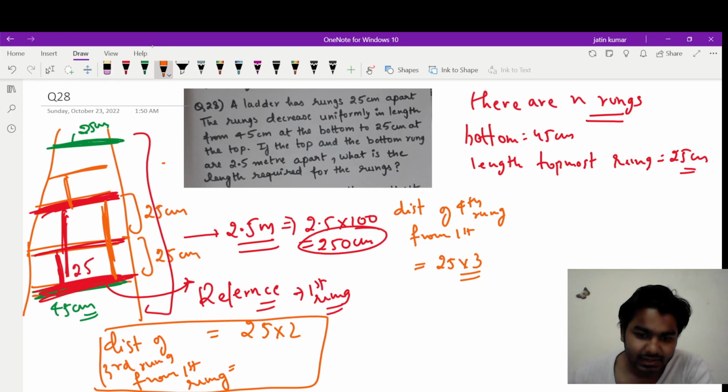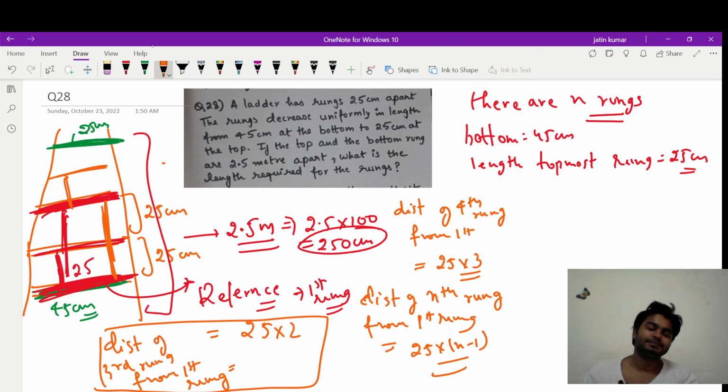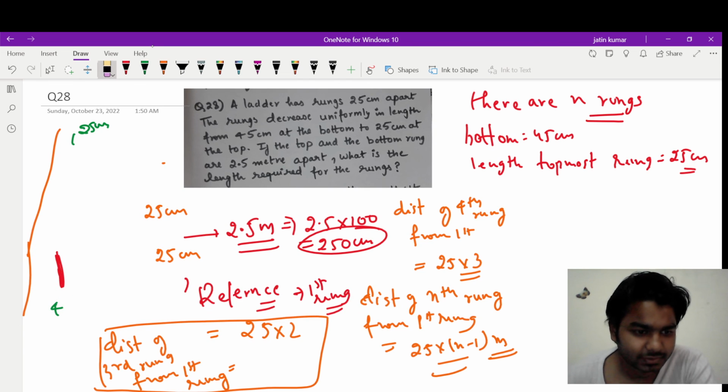So can I say the distance of the nth rung from the first rung is 25 into n minus 1? Can I say like this? Meters. Yes. See, if I again draw the diagram here clearly,